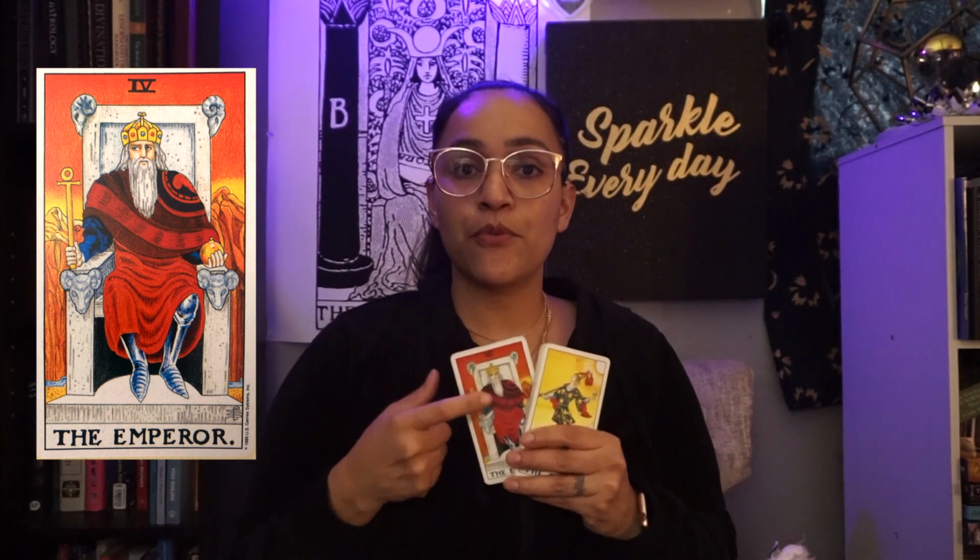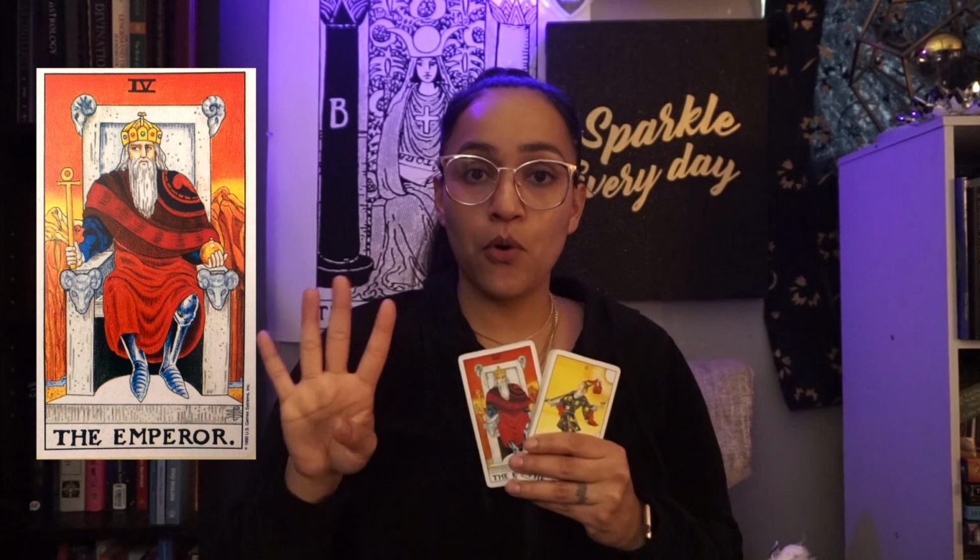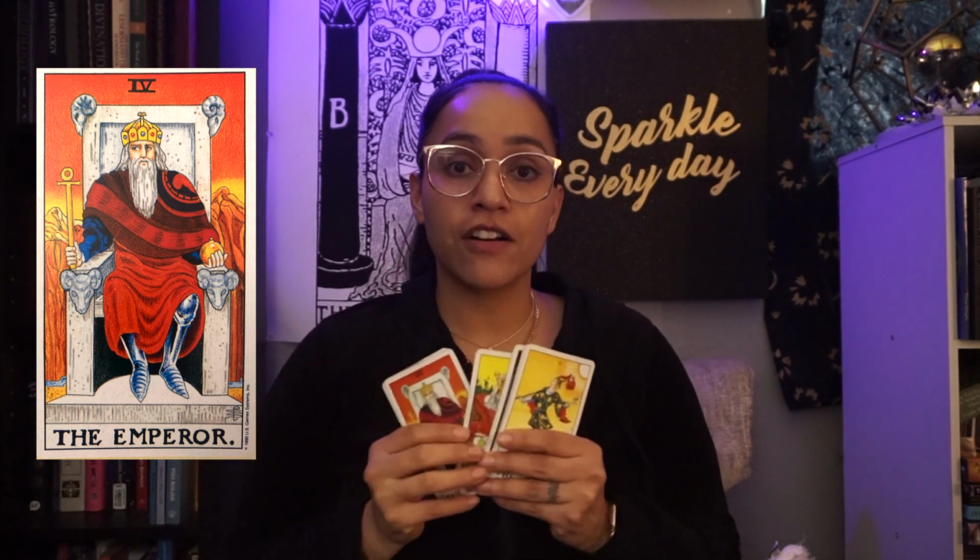Let's talk about the number 4. The Emperor is the number 4. Okay, so we're looking at solid foundations, structural. Even his throne is very structural. It's very secure and safe. Okay, even though the Emperor is labeled number 4, we know he's the 5th card in the